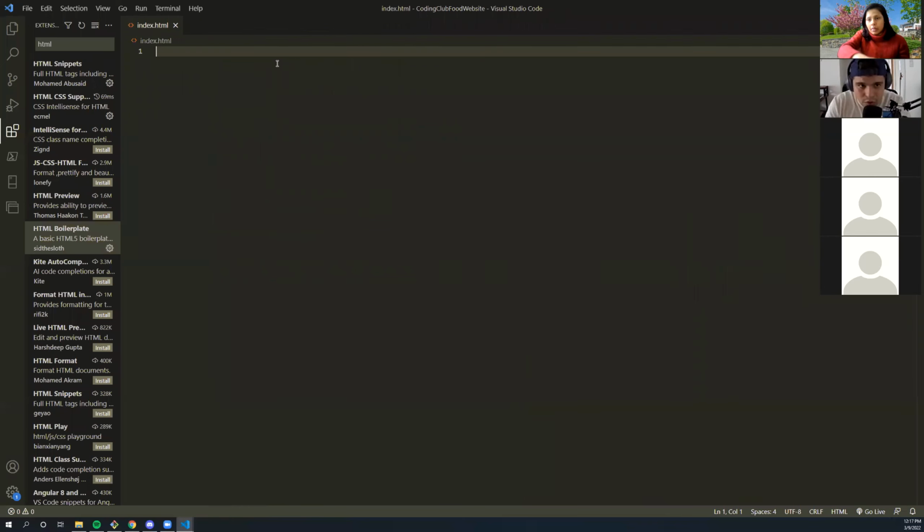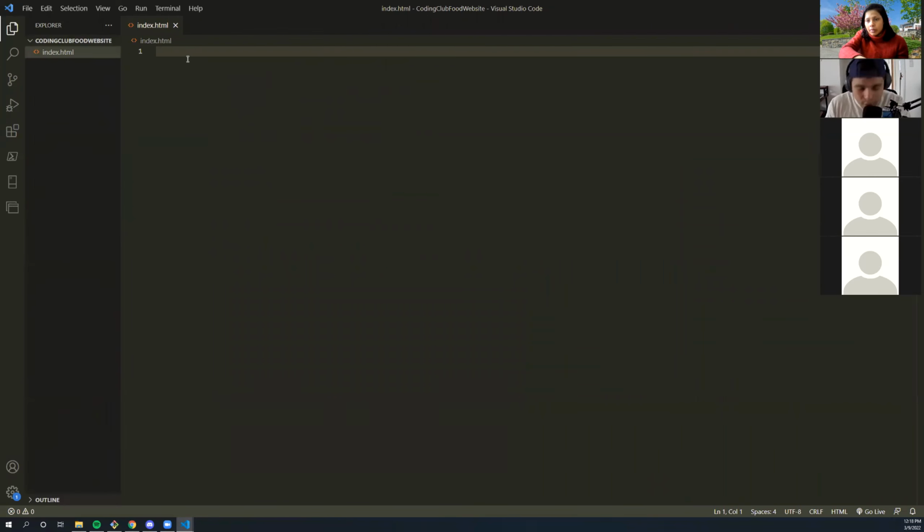All right, and we're going to see how that works right now. So I'm going to write in my HTML file. I'm just going to write HTML. I'm going to have 4 pop-ups. Right, we're going to come down to this last one. It says HTML5 dash boilerplate. I'm sorry if I'm going fast.